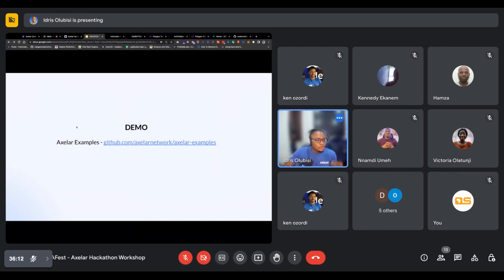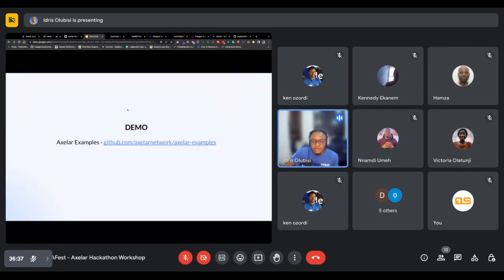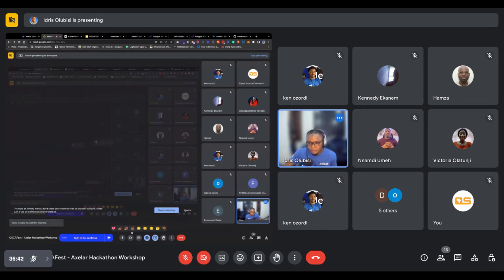Now let's switch to the demo where you actually see the coding, like the contract itself that does all of this interaction. So this is still showing sending, but as you can see here, the balance is already 7. So it's still in progress. Once it's confirmed on the network, we should have the balance here appear as 3.0, right? Which is the total amount of token that was sent. So now to the demo part of things, let me quickly switch to my